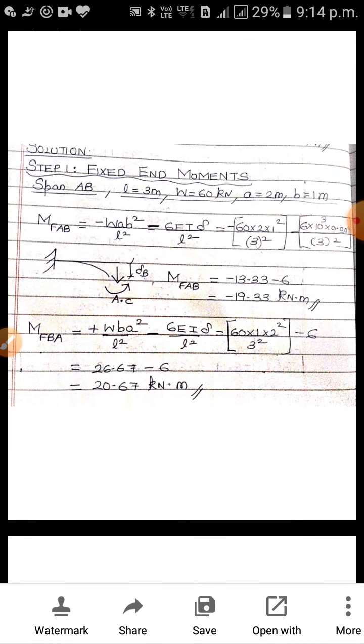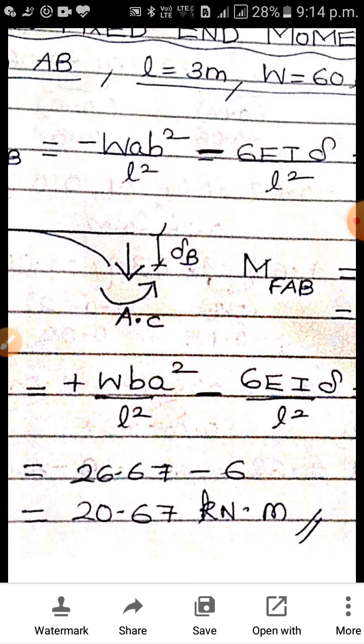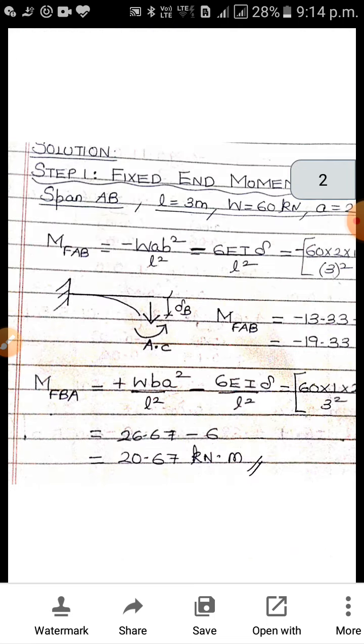When sinking is given, you have to be very careful. As usual, the sign for including the sinking of support will not change. So for example, support AB, B is sinking. So B is falling down. So the resisting moment will be in the opposite direction, anti-clockwise direction. Hence minus sign for AB, similar to what we saw in the slope deflection method. But the change is that in the first step itself, fixed end moment itself, you have to include a value 6EI del by L square. Del is the sinking, L is the length of the span.